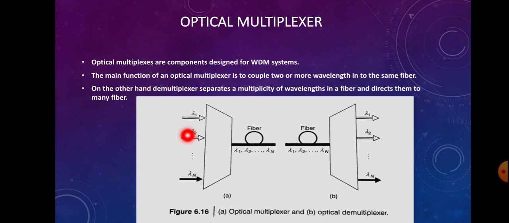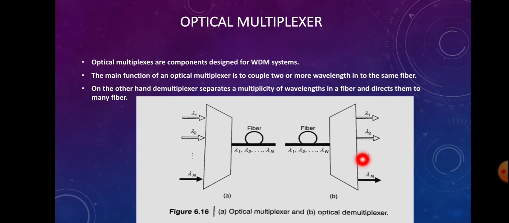You can see here a figure clearly showing the multiplexer and the demultiplexer. Here different signals at wavelengths lambda 1, lambda 2, up to lambda n are coming from n different fibers, and a multiplexer is used to multiplex the different wavelengths from different fibers onto a single fiber. Based on the selection lines in this multiplexer, the wavelengths are coupled to this fiber. Similarly, if there are different wavelengths on the fiber,